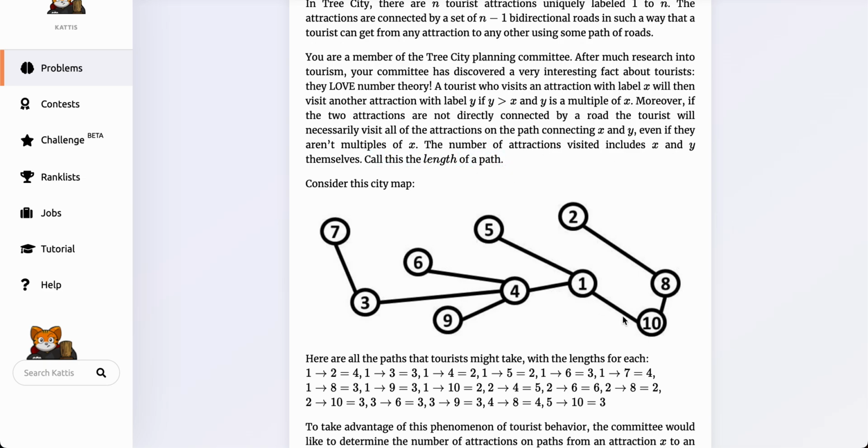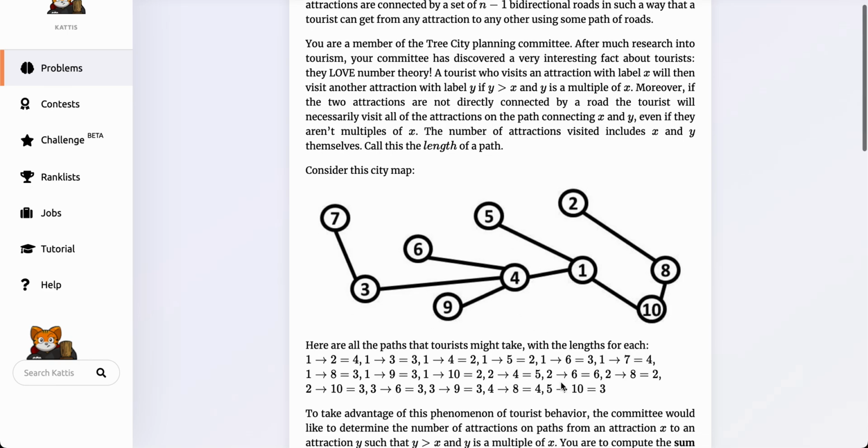So the length of a path 1, 2, 3. No, it is the number of nodes. Okay, node number. Is it so? 1, 2, 3, 1. Okay, it is visiting 3 nodes, so it is 3. So from 1 to 4 it should be 2. Okay, 1 to 5, it should be 2. 1 to 6, 1, 2, 3. I think I got that. So okay, this is the